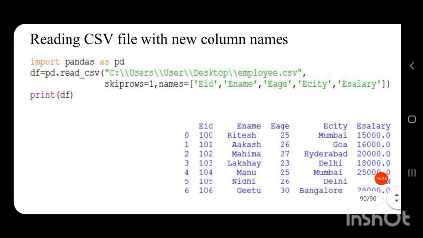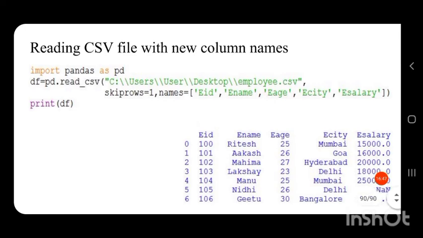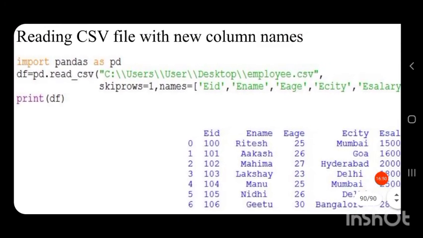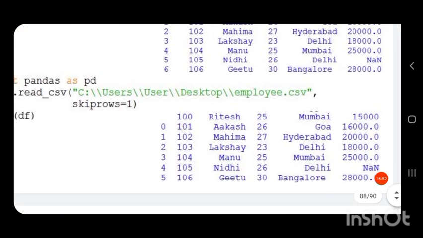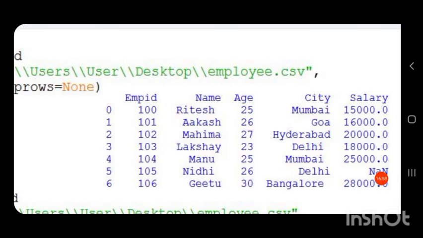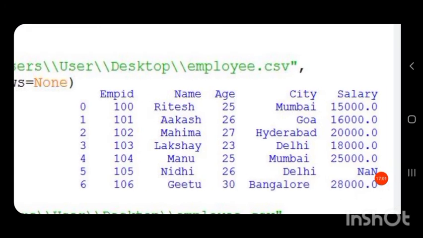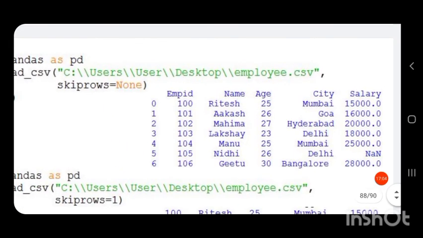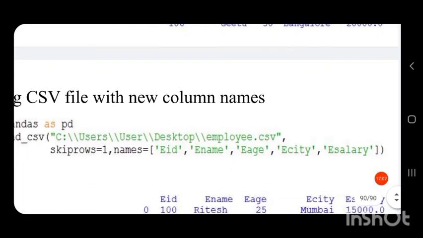So for that we import pandas as pd, then create a data frame df is equal to pd dot read underscore csv in brackets, our path of the CSV file, comma, we have used skiprows because we have to skip the first row, that is our header. We have to skip this one. So we have written skiprows equal to 1.